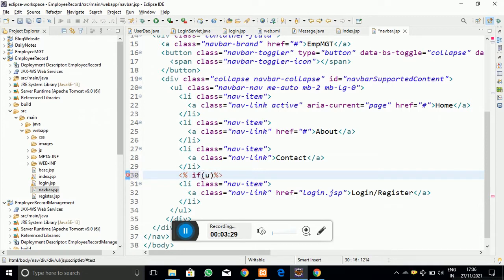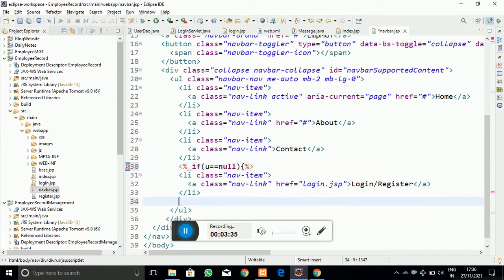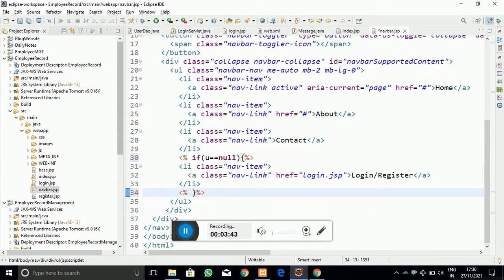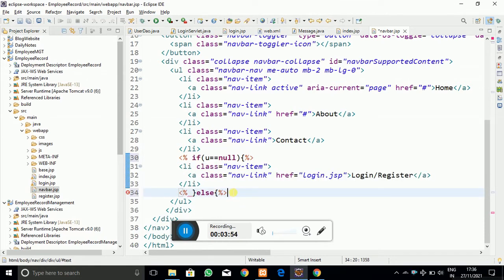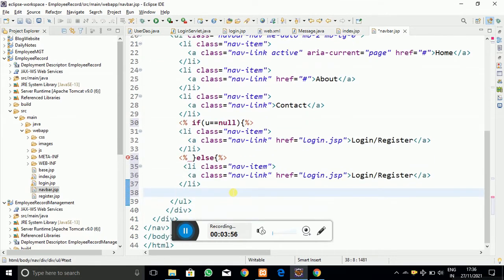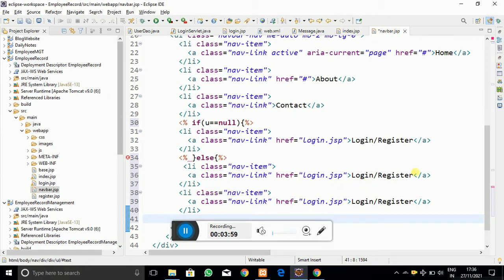Now here I have to check if that user object is null, that is, the user is not logged into the system. In that case we keep the same link, login or register. But into the else part, where the user is already logged in, we have to change the link. So just copy and paste the above li, which is the link, and give it as a log out link. Here you have to write log out, and into another link let me